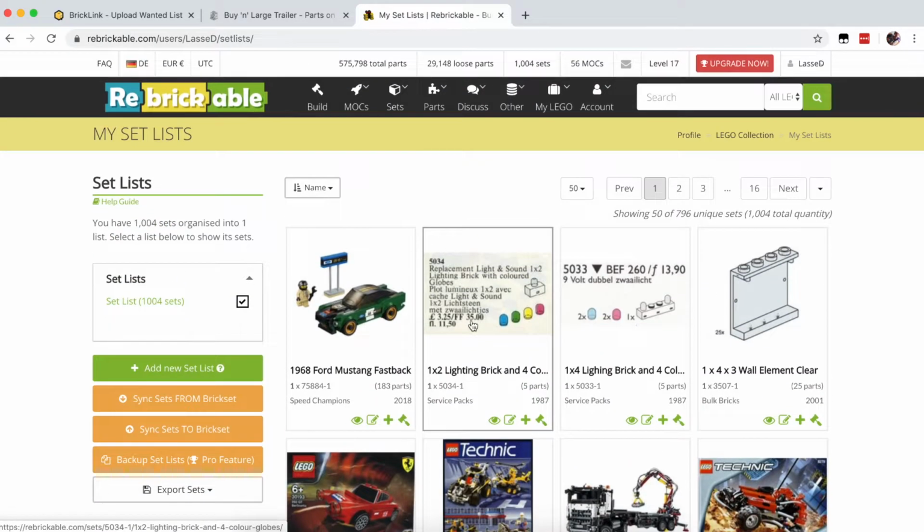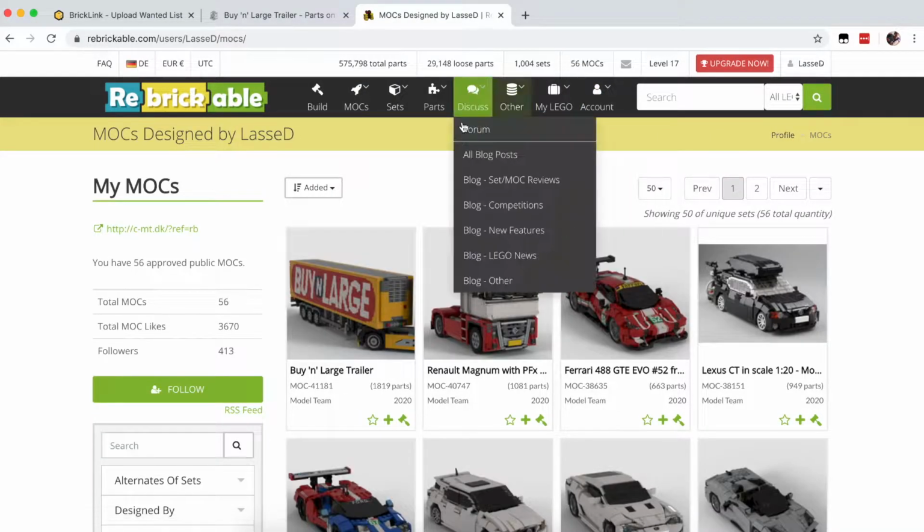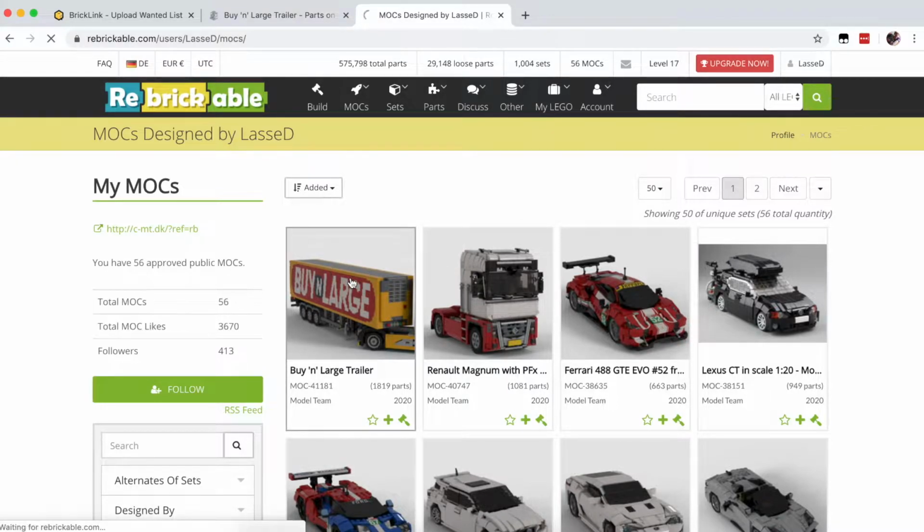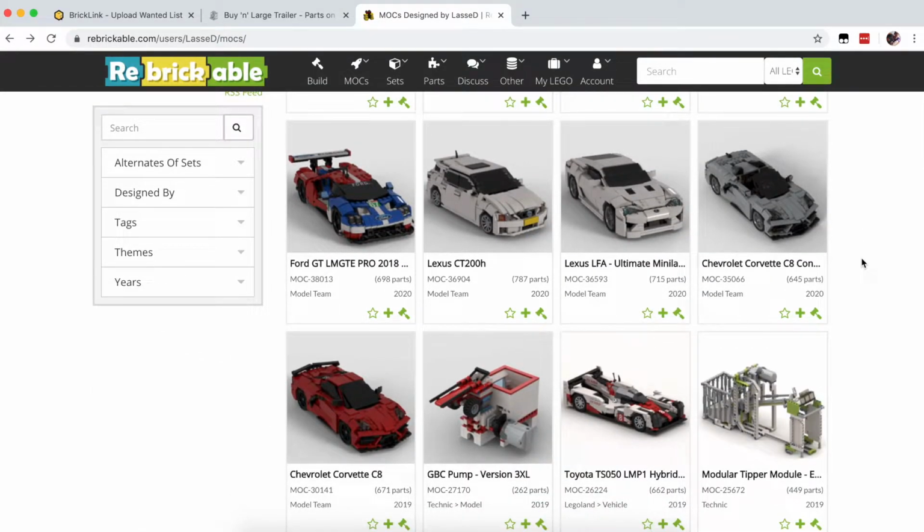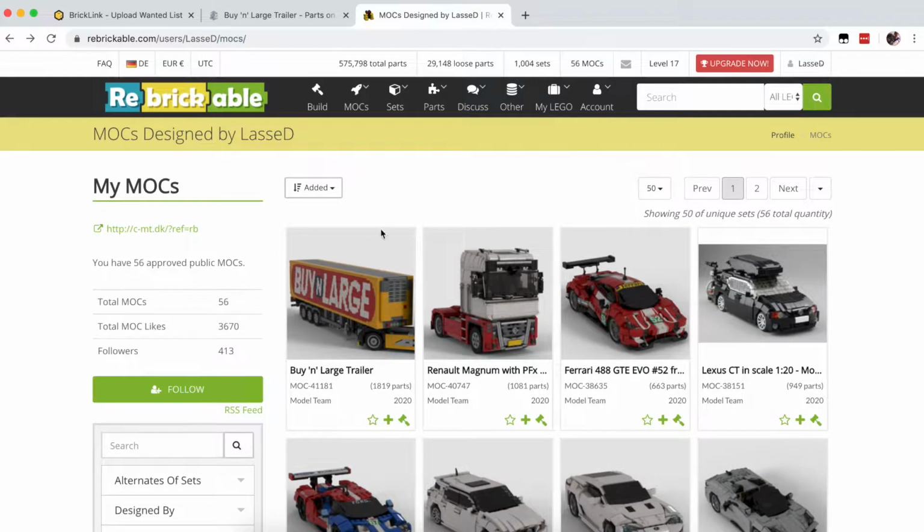But what's important is that now when I go to see a mock that I want to build, such as the trailer just shown before, this. I will make a link to this page in the description below so that you can see all of my mocks on Rebrickable. If there's any mock that is missing on Rebrickable but you want to build it using the functionalities, then just reach out to me and I can upload it here, no problem.